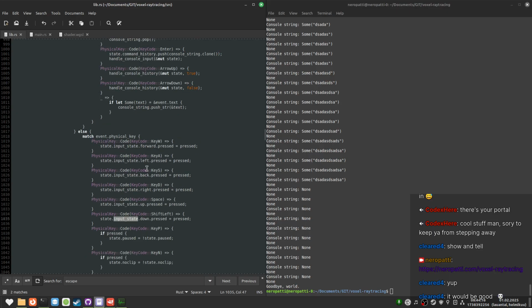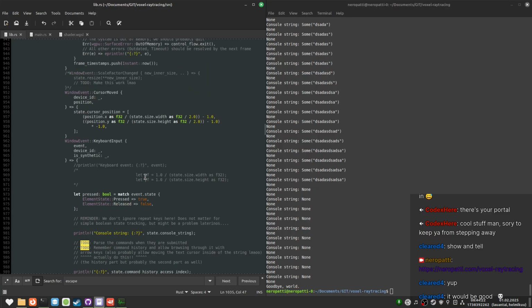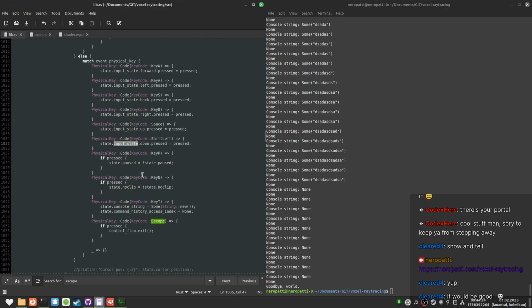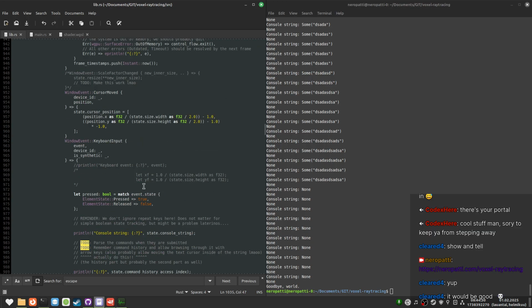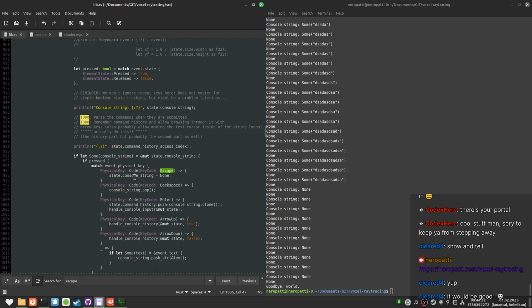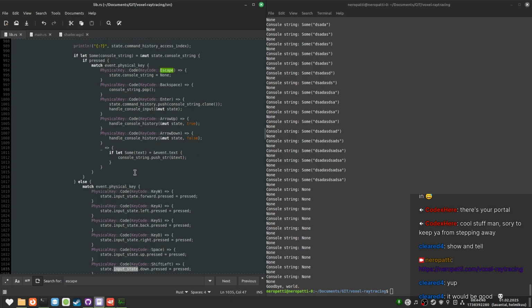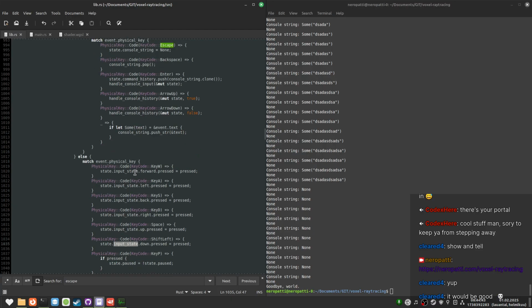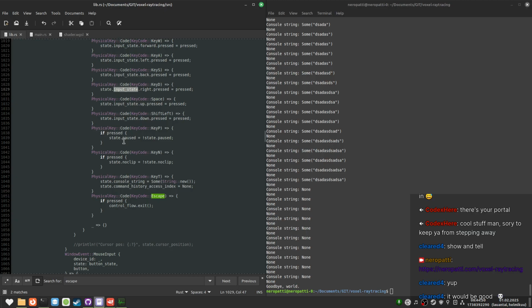Alright, we need to modify the input state for this. How do I do the input states currently for all the other keys? Oh, I do it here.